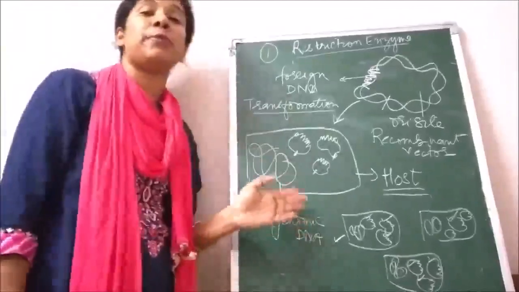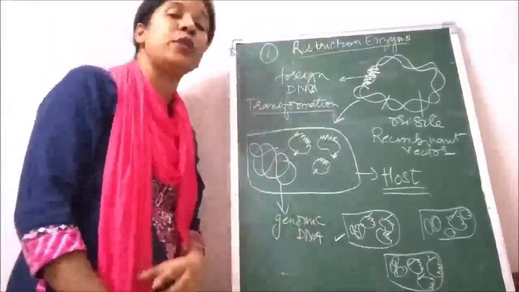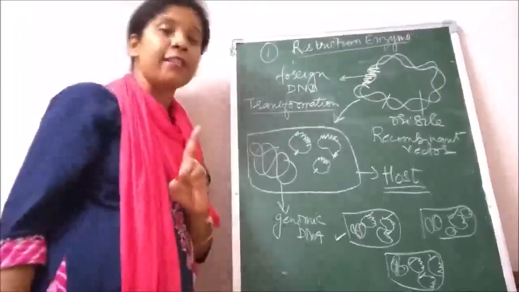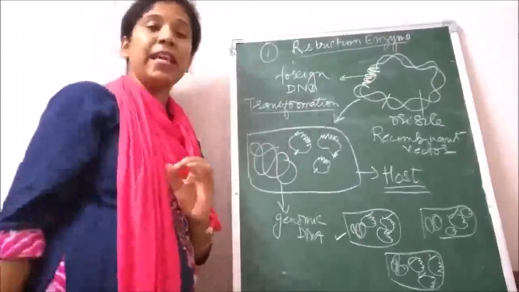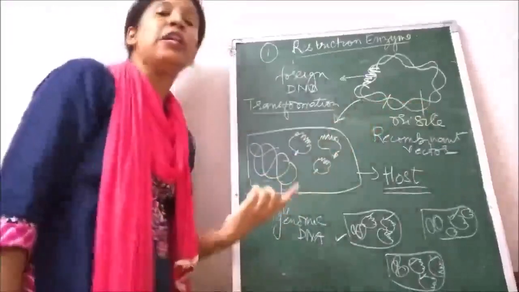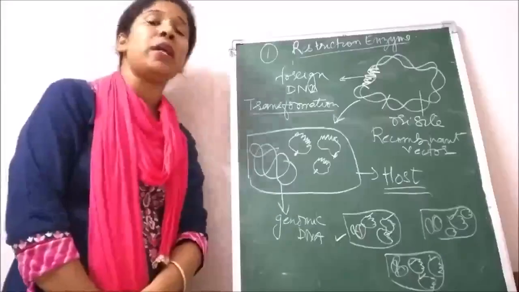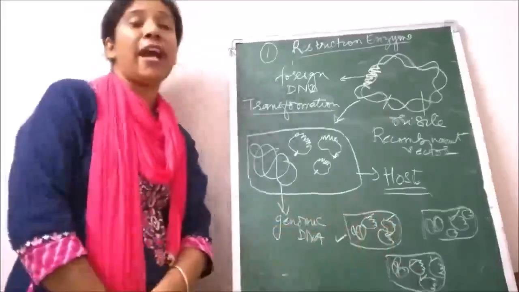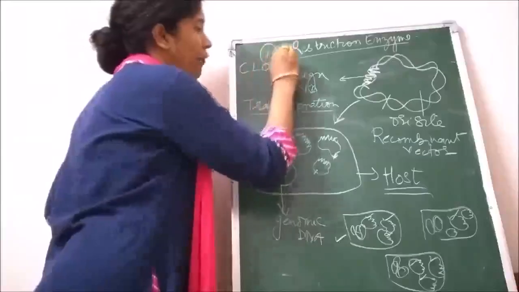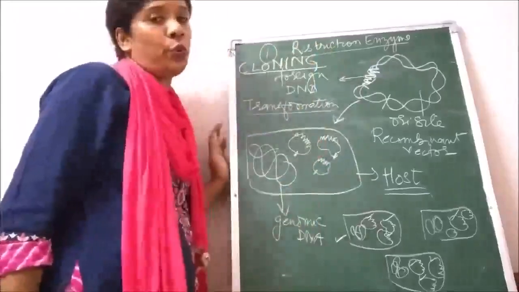But all this is not possible unless the DNA is cut very precisely, which is only possible with the help of molecular scissors, called restriction enzymes, which cut the DNA at a very specific site, making sticky ends which are ligated together by the enzyme DNA ligase to make the recombinant molecule. This is introduced into the host cell, and then they multiply to give as much of the desired gene as possible. This whole process is called gene cloning. You have cloned the gene into the host cell. This is called gene cloning.